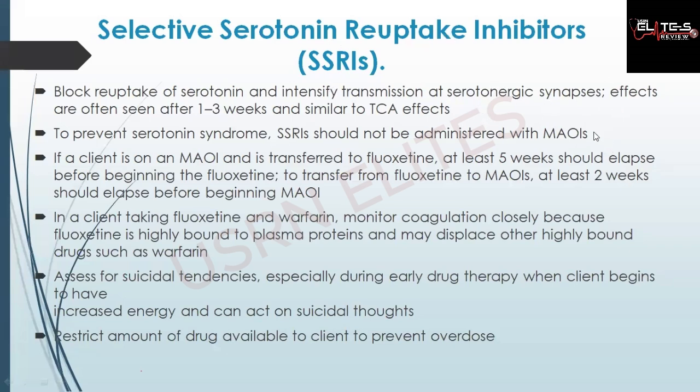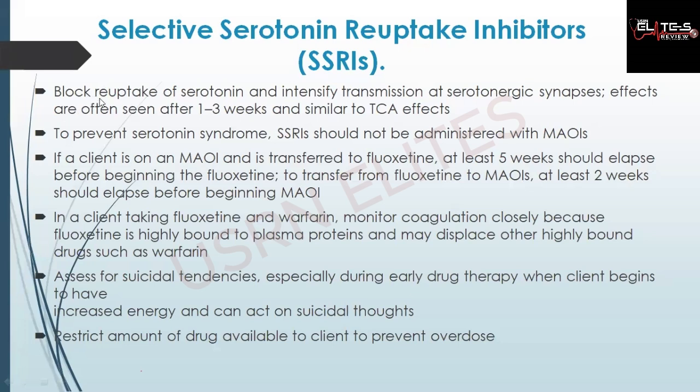Serotonin at particular synapses to help elevate you, something like that. That is in a shallow way. Not to go into details because it's a bit technical. But it helps to increase your serotonin level at various synaptic areas. Then the effect is seen after. So you see, most of them, you are not likely to see the effect in less than a week. So take note of that.